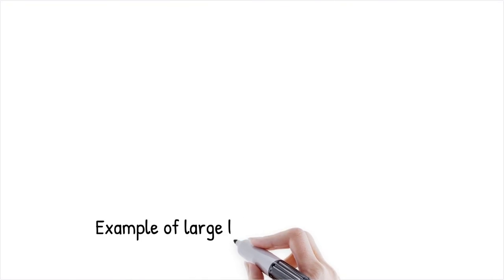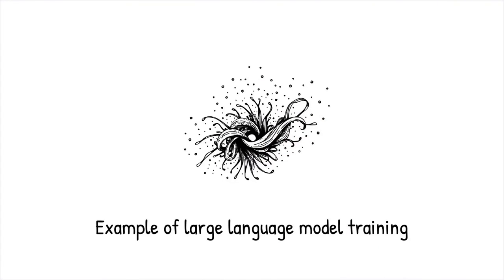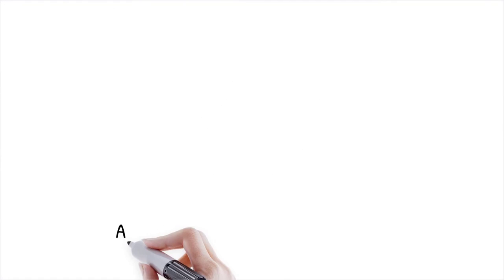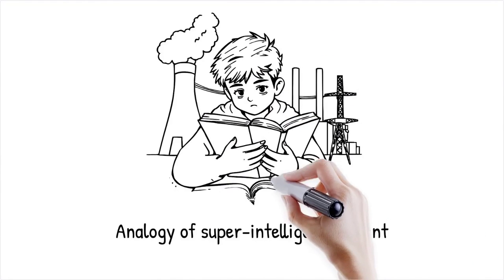Training a large language model consumes gigawatt hours of electricity, generating vast heat while learning to predict language. Like teaching a super intelligent student who requires a power plant to study each book,